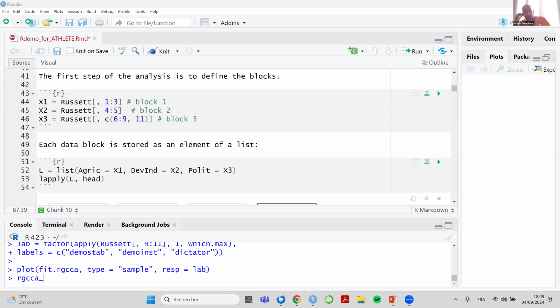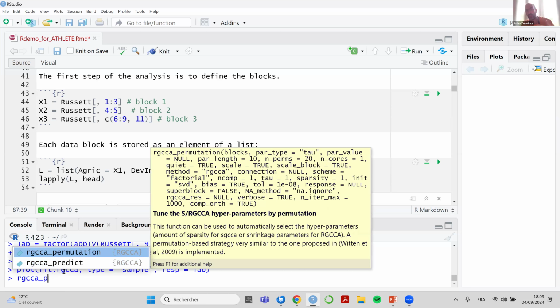Again, if you want to estimate tau, you have a specific function by cross-validation. If you are in a supervised context, it's possible. And if you are in an unsupervised context, then you have RGCCA permutation, which allows estimating the tau value automatically also. Okay. And if you have outliers, then maybe you have to remove outliers if you can, or you have to do something, but